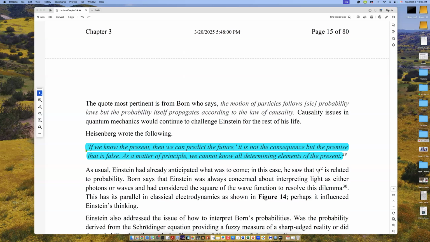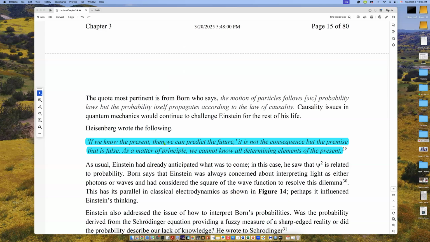So one argument for why the idea of cause and effect doesn't function as we would expect in quantum mechanics is that we don't know everything about a quantum system. In order to do cause and effect, you have to know everything about the present state if you want to predict the future state. So this is among the first rumblings that we're going to investigate in future lectures about the controversial interpretations of what quantum mechanics is really telling us.